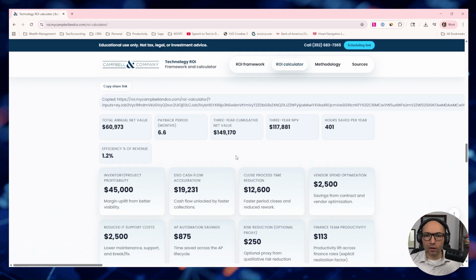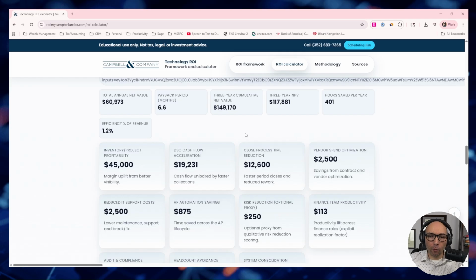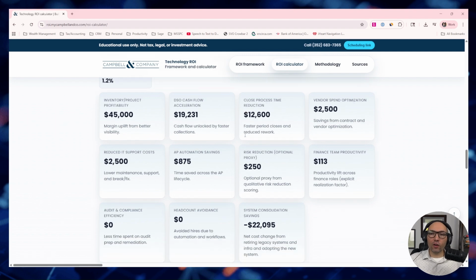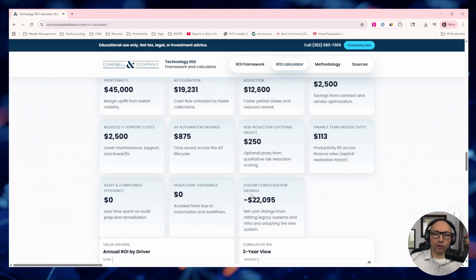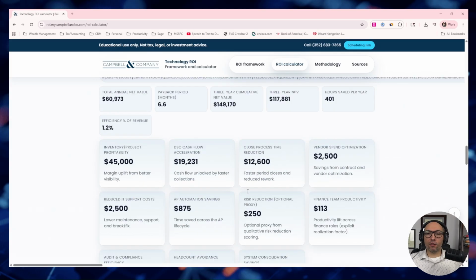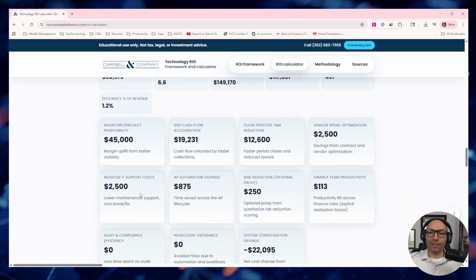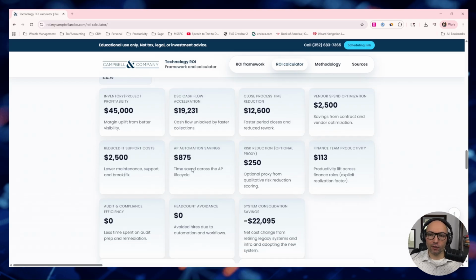And notice, for every category, every value driver that we've identified here, you can see what it looks like right here. And of course, the system consolidations, we've got a negative $22,000 because that's the cash out the door. Maybe you are going to be spending $22,000 more because it's a new software. But because of the value drivers up above, that is what justifies it.